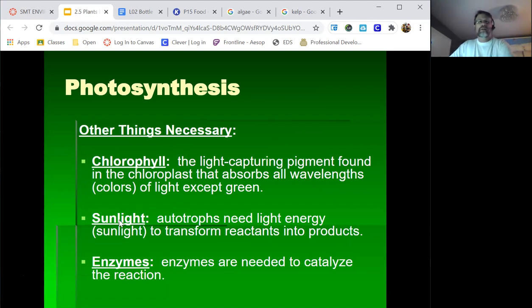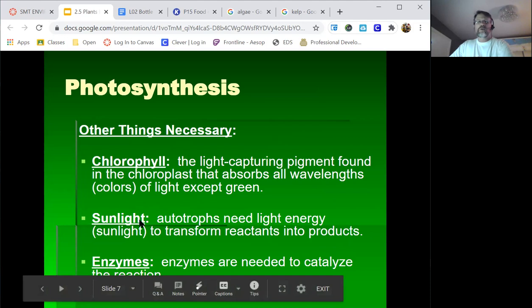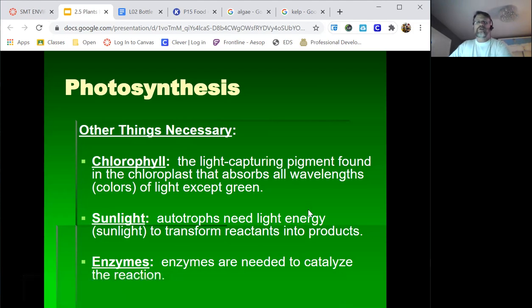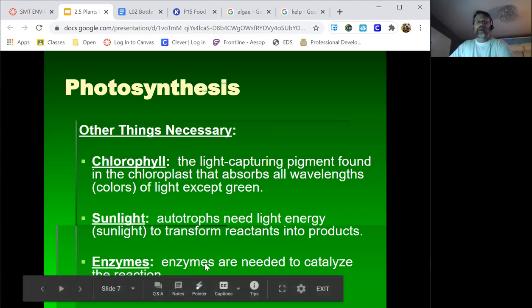Okay, the sunlight is the source for all this energy. So autotrophs, right, automatically eating, need light energy to transform reactants into products. And they do that in the presence of enzymes, or specific chemicals that are needed to catalyze or speed up